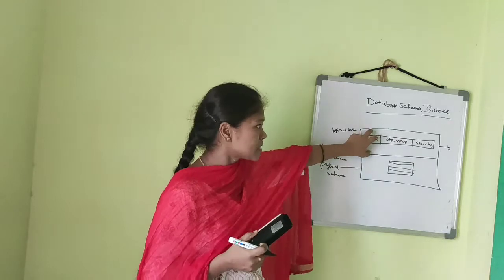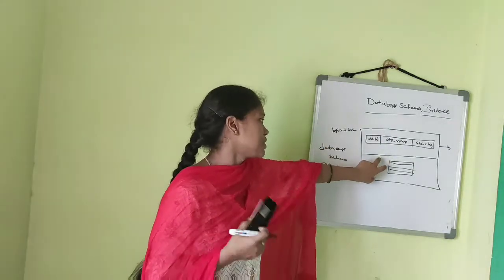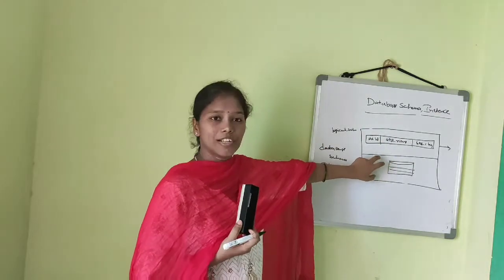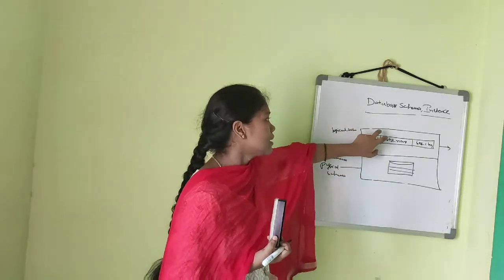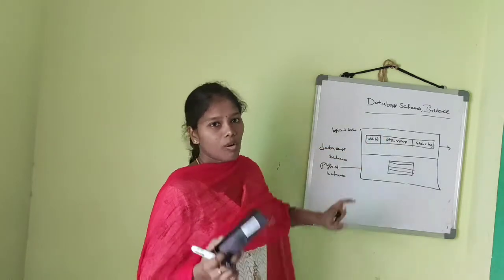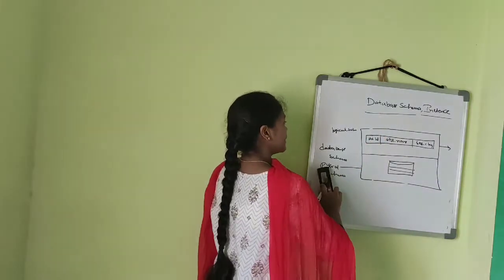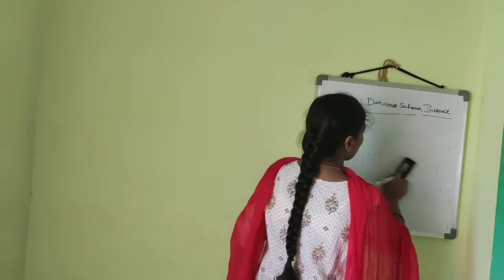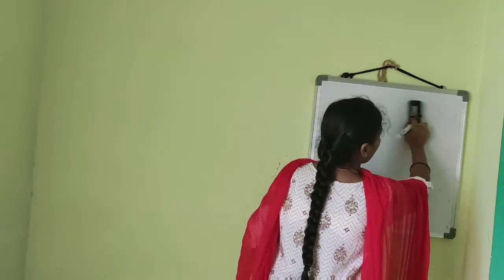That means this is a program. This is the database, our database, so we can call it the physical schema. And this is the programming method, so we can call it the logical schema. Okay. This is the total database schema. And next one is data independence.